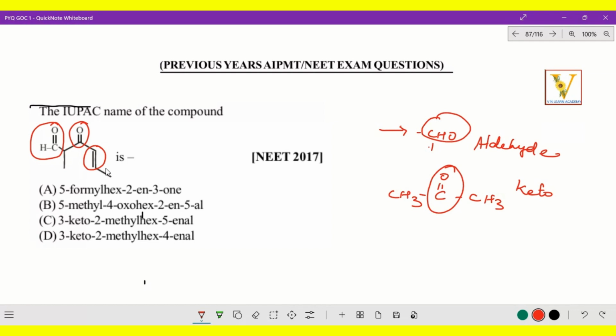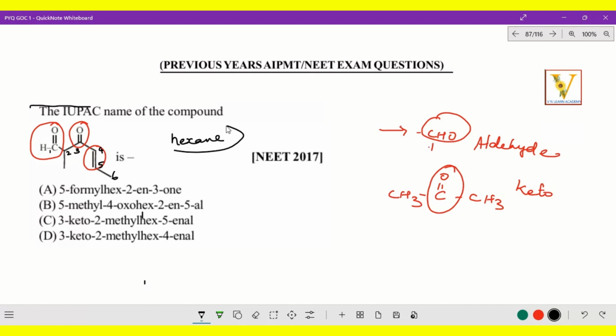So numbering is very important. Suppose we give the numbering 1 here, 2 here, 3 here, this is 4, and this is 5. So the aldehyde carbon is 1 and 2, the keto group is 3, and the fourth carbon is here, and the alkene starts from here only. So we have to give the numbering 4, 5, starting from that carbon. Okay, now how do we mention it? The sixth carbon, so that means hexane.